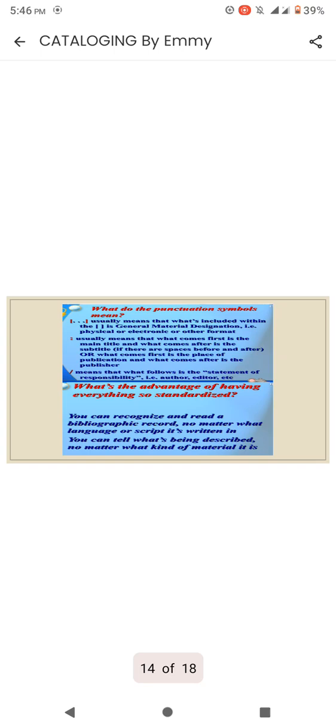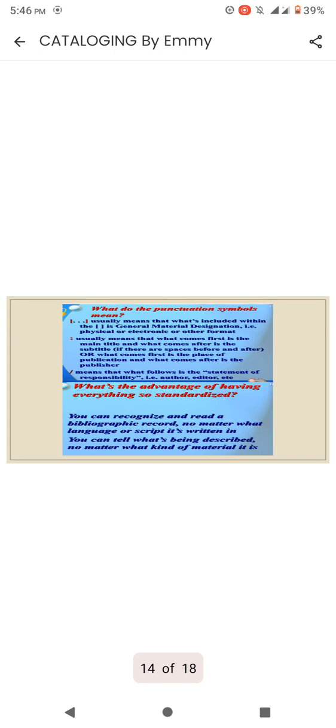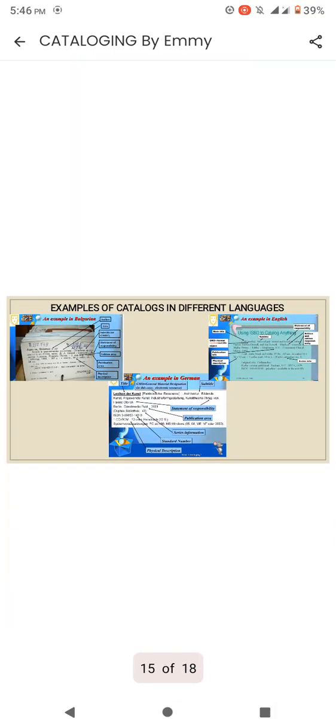What are the advantages of having everything so standardized? It is that you can recognize and read a bibliographic record no matter what language or script it's written in. You can tell what's being described no matter what kind of material it is. Let's look at an example of a catalog in different languages. Example in